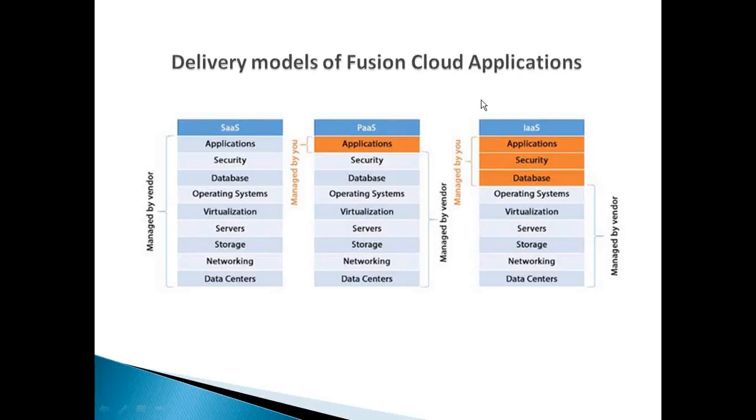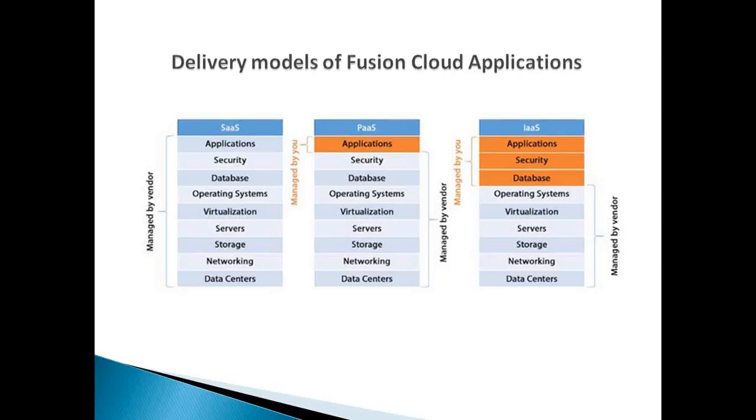Even in the SaaS model, we don't get the custom top where you keep your custom objects. No. Here there is no concept of a top. They'll give access to the application object library, and from there you can do the developments and deployments. See, the point is, PaaS means platform as a service. They'll provide the platform which allows you to do the development. P stands for platform. To do the development, they'll give access to the platform within the environment itself. There you can go and do the developments.